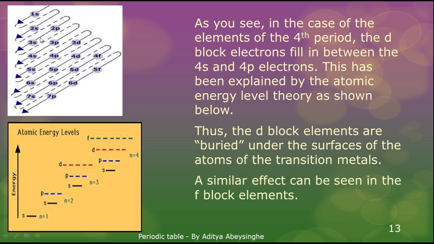Now in the case of the fourth period, the d electrons here, you can see that 1s, 2s, 2p, 3s, 3p, 4s. Before filling up 4p, you can see that 3d electrons are filled. Similarly, you can see 4d, and when you come to the fifth group, you can see that 4f groups are also filled. So this is actually the basis of electron fields, and hence the basis of the modern periodic table,